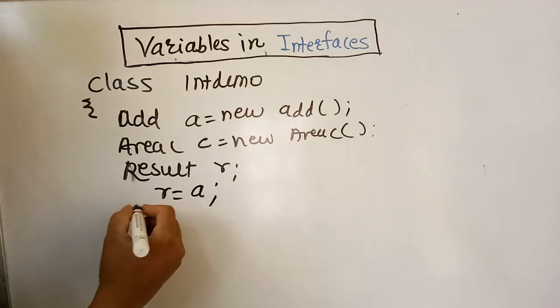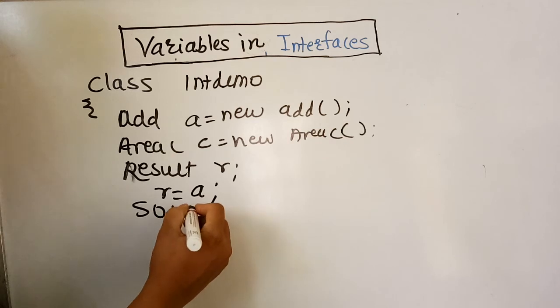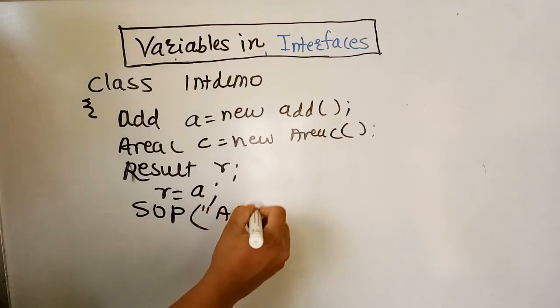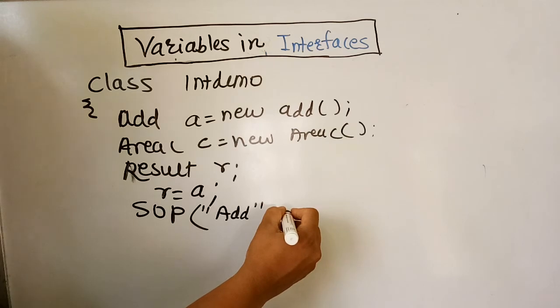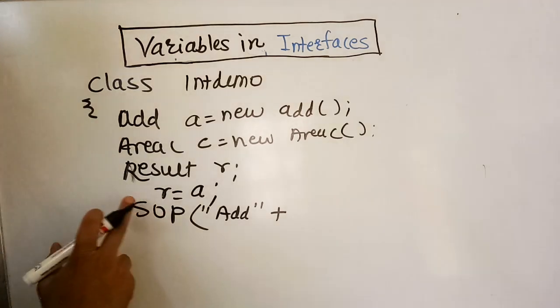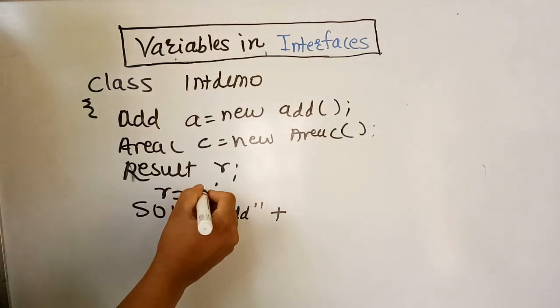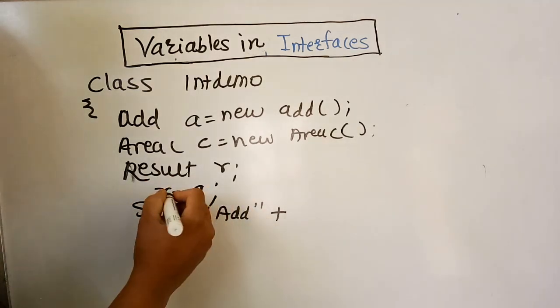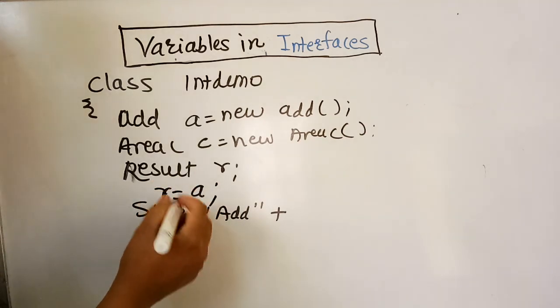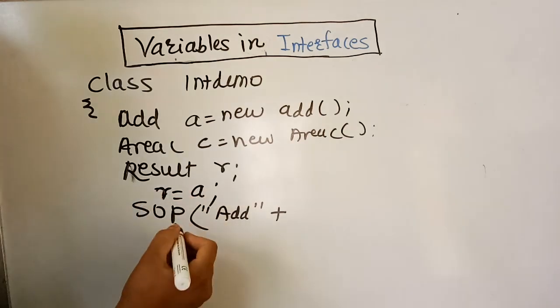Now if I only write addition, we have to write what the addition is, because I have passed this variable to this. So calling this variable means calling the methods by this variable, like